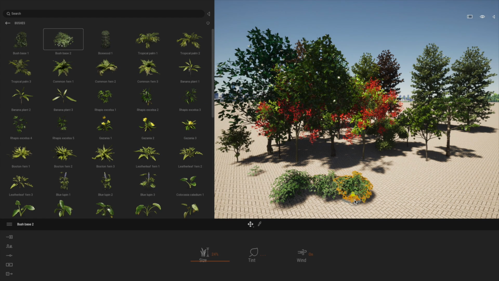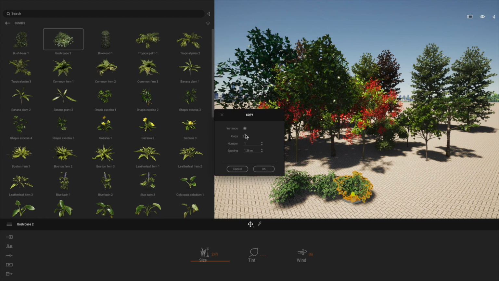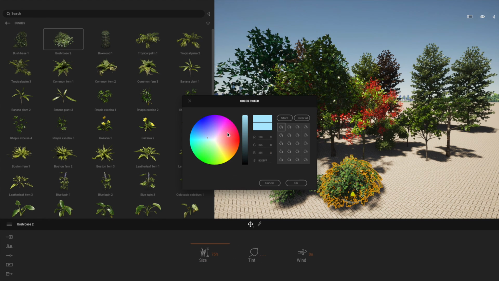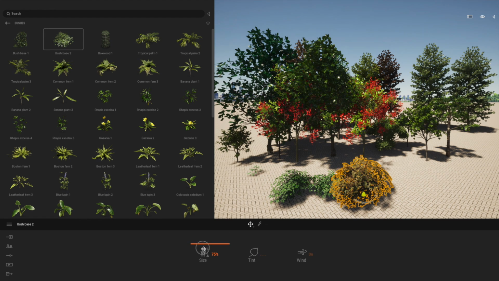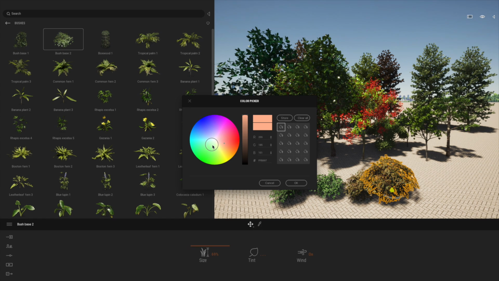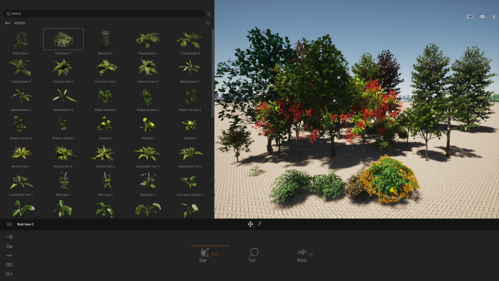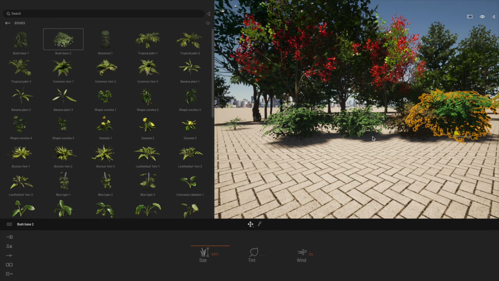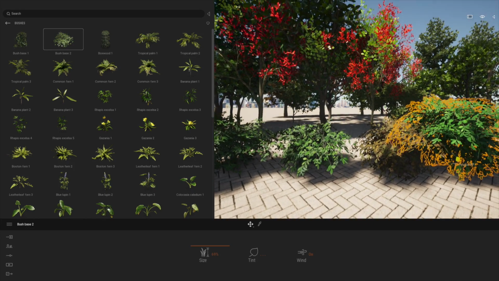But if we do the same thing again, and this time instead of an instance we make a copy, we'll find that the tinting only applies to that specific one. So every time you drag one off, if you want a different tint, do a copy, and let's just tint that one as well. So you can see this is a really nice way to get different colorations within your